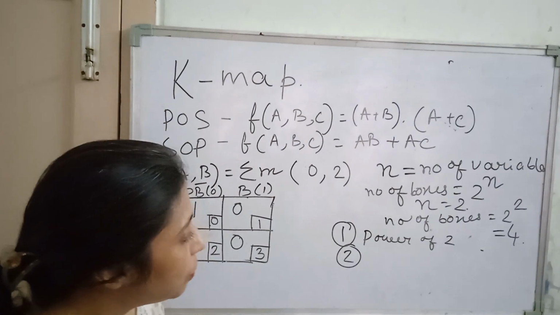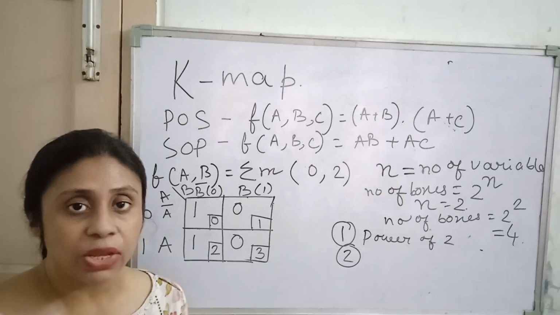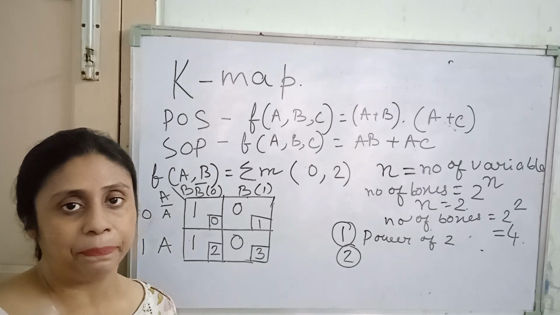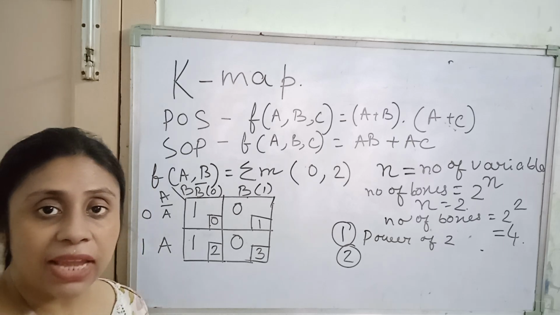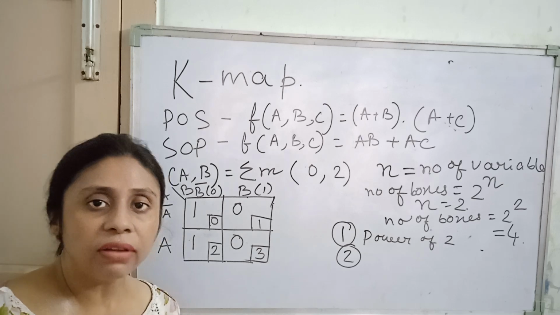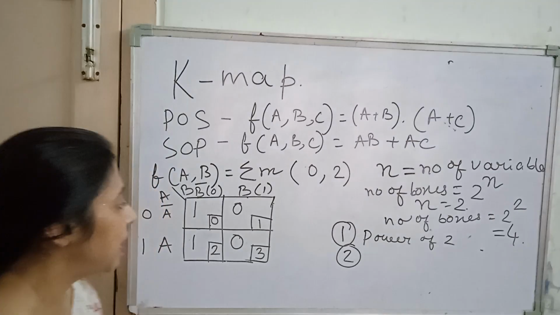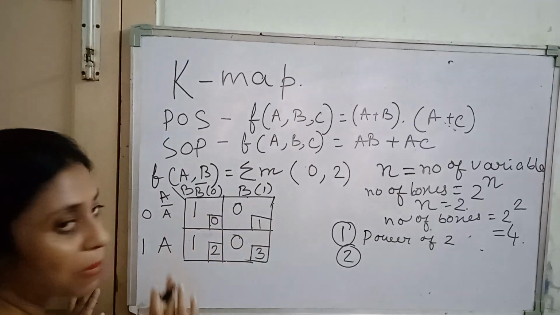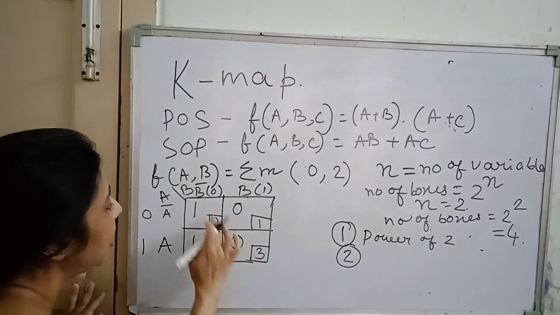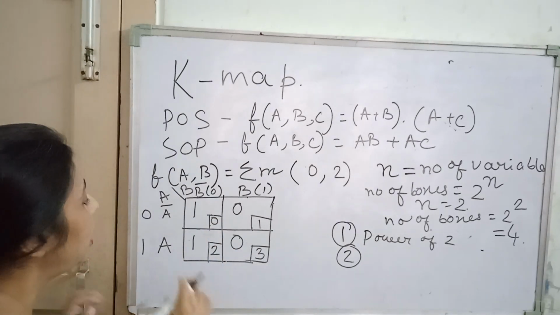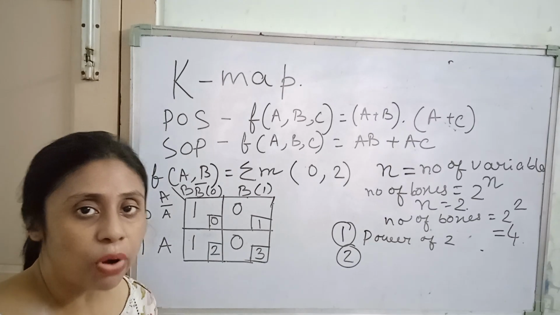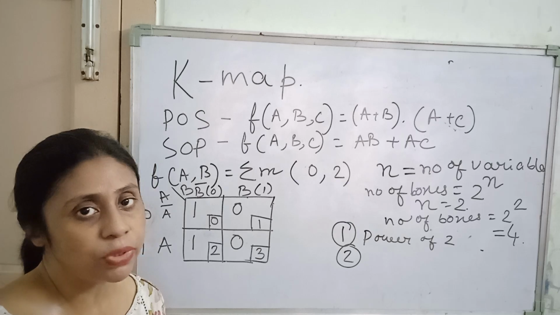So the first is the number of ones should be in power of 2. The second is there should be consecutive placing of ones. That means there should not be any gap. And consecutive placing means they should be in continuous orientation, either horizontally or vertically, not diagonally. That means either in this manner or in this manner, not in this manner. If a single one is over there, another one is over there, you cannot group these two ones. Only horizontal or vertical ones, put in consecutive boxes without any gap, can be put in a single